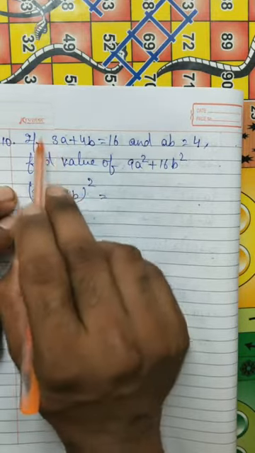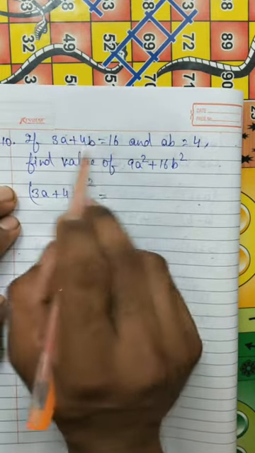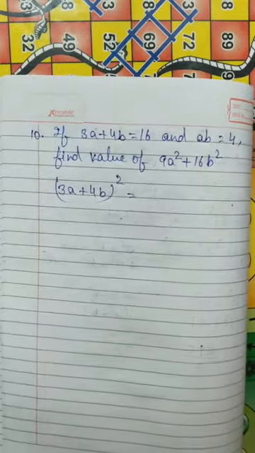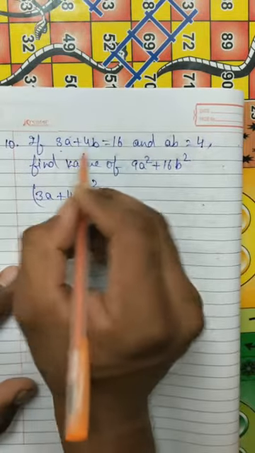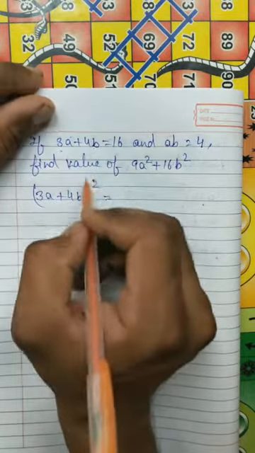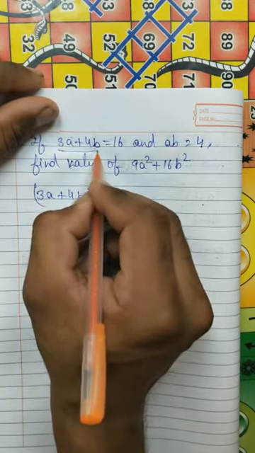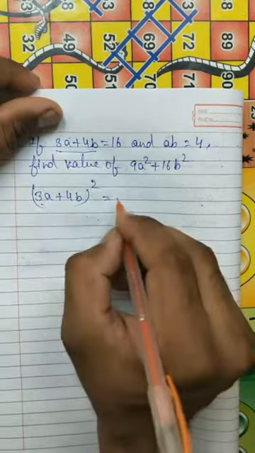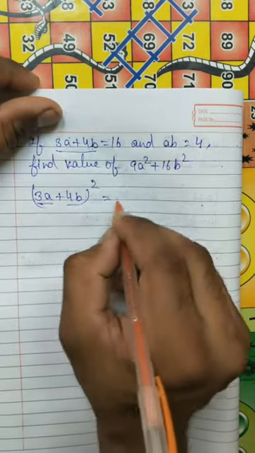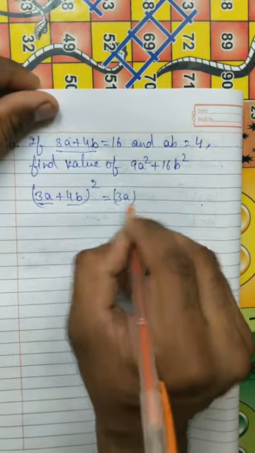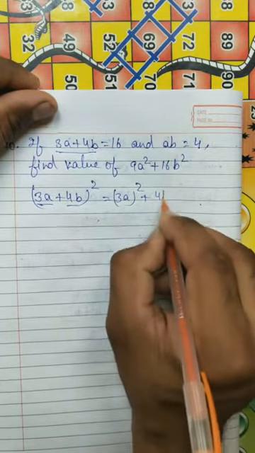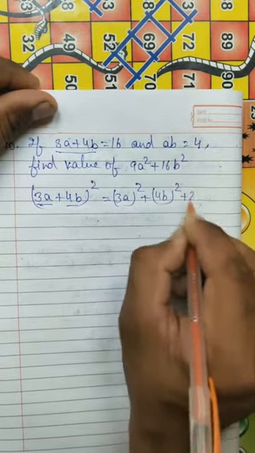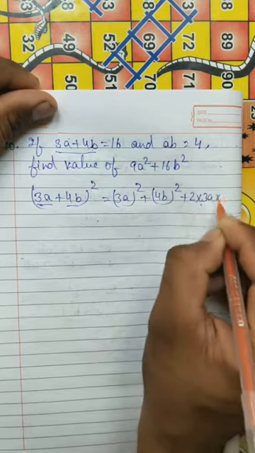If we square this and we make a square of this, then there will be a little bit of mathematical problem: how can we make a separate square of each? Either the whole side will be squared or nothing will be squared. So this is the first term, this is the second term. The square of the first term plus the square of the second term plus 2 into 3a into 4b.